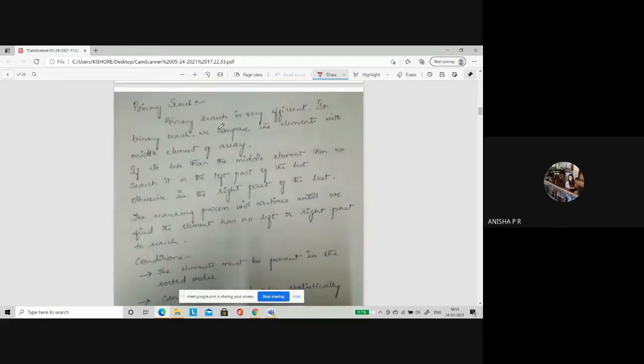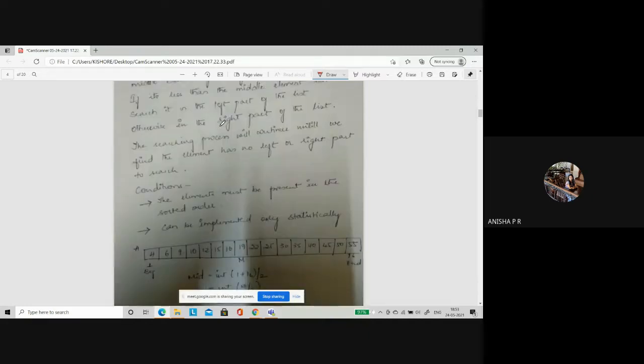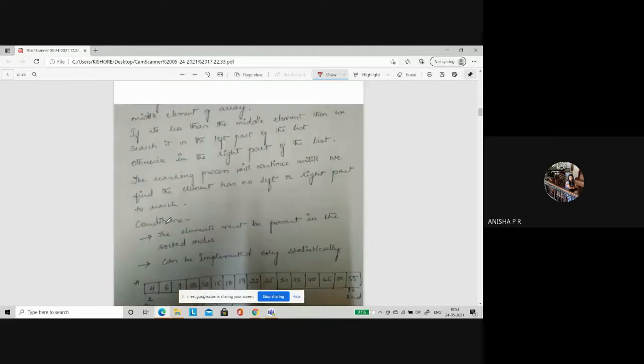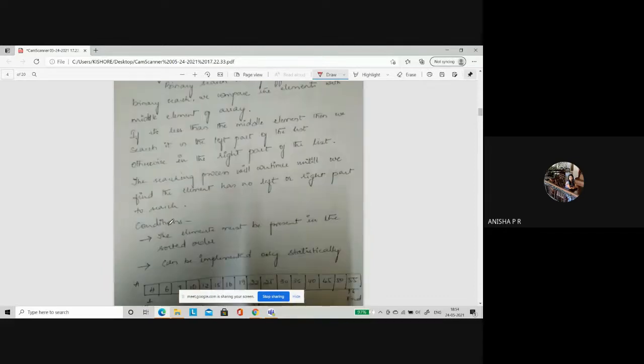Okay. Now what does this binary search do? If there are some set of elements, the main rule of binary search says that whatever list you take has to be in sorted order. Sorted order means from smaller to bigger or bigger to smaller, preferably from smaller to bigger. Understanding it or not?